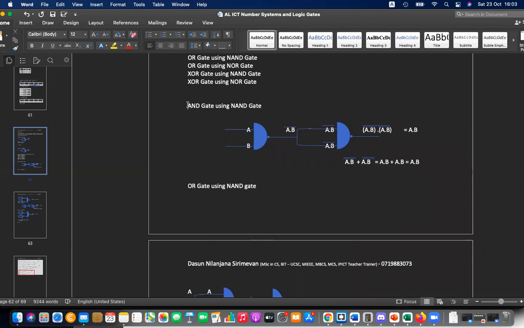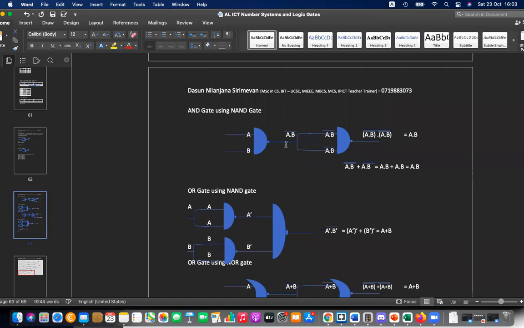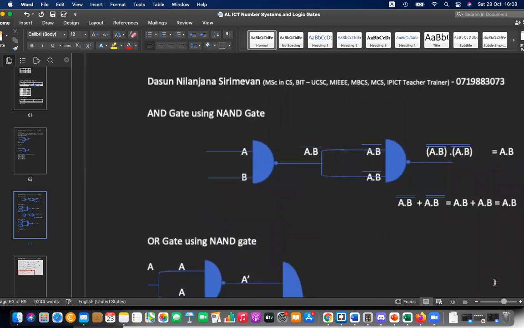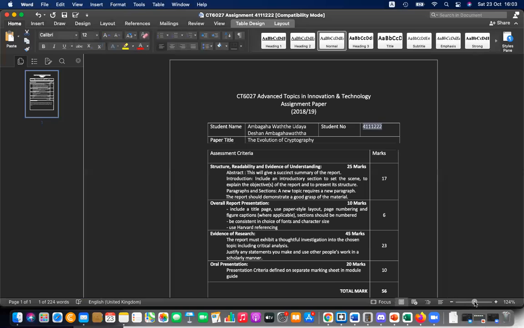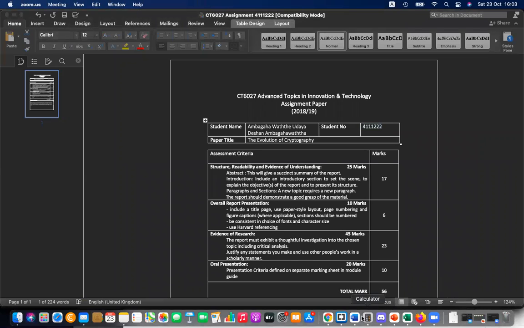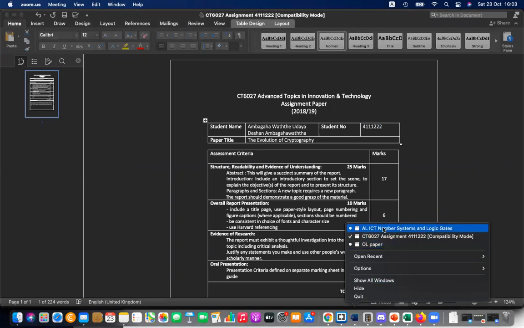AND gate using NAND gate. See here, AND gate using NAND gate. A and B are there. A and B not will come. So when A and B not is coming, again it's sending as A and B not, A and B not. So both are A and B not, and then this and not. And according to the Boolean algebra laws that we have learned,